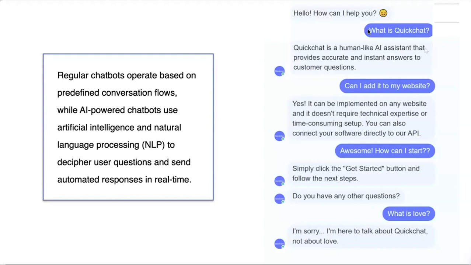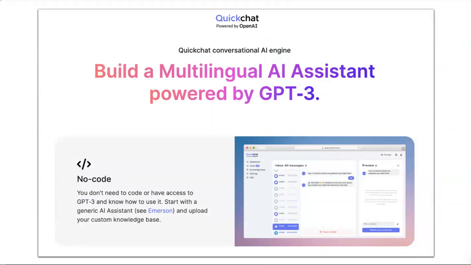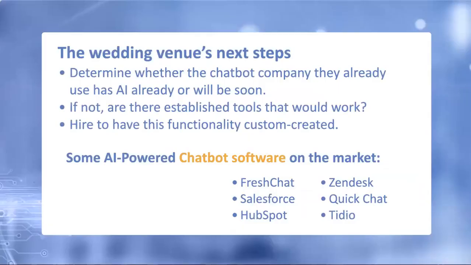But here's Quick Chat, for example, and you can see the way it's talking. It just flows like a person. Natural language processing is what's making it flow so easily, but also the AI learns from it. Every interaction you or anybody has with it, it's constantly learning the best answers to give. This is Quick Chat, the one we're looking at that will probably integrate into their website.